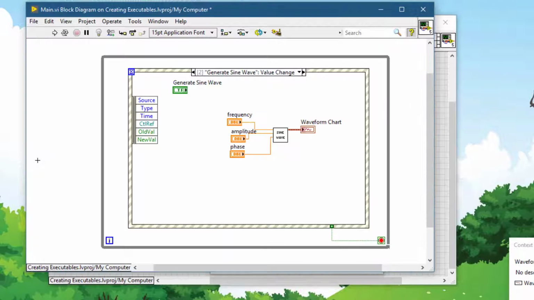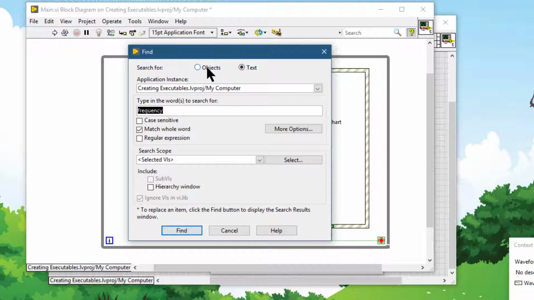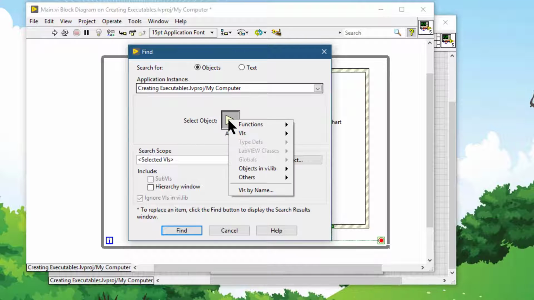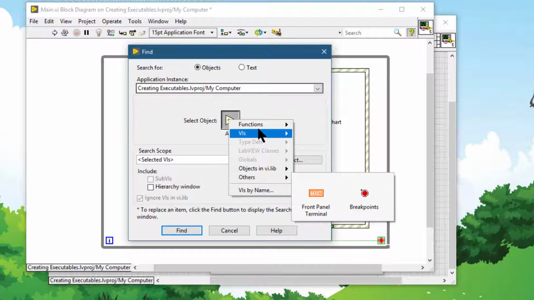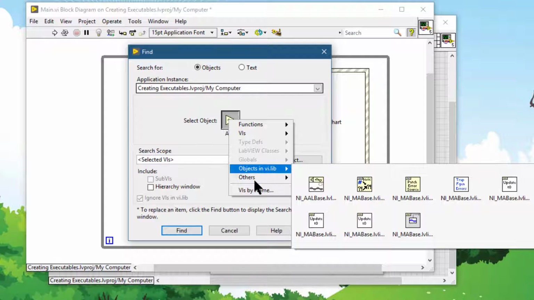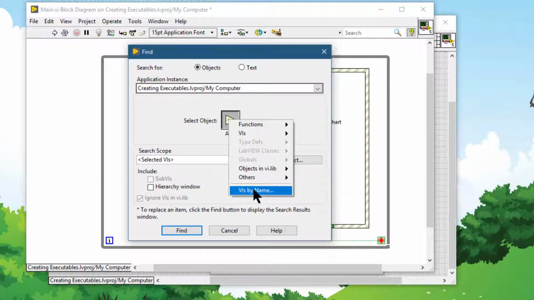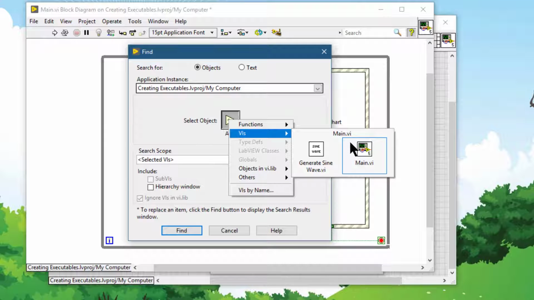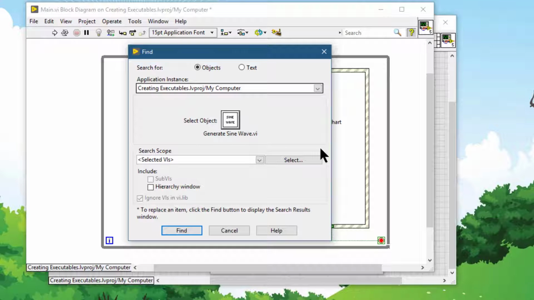Likewise, we can go to the block diagram, press Ctrl-F, and we can search for text or for objects. We can select where we want to search, what type of things we want to search: functions, VIs, objects, others, or VI by name. Suppose we want to search for the generate sine wave VI. If you press find,